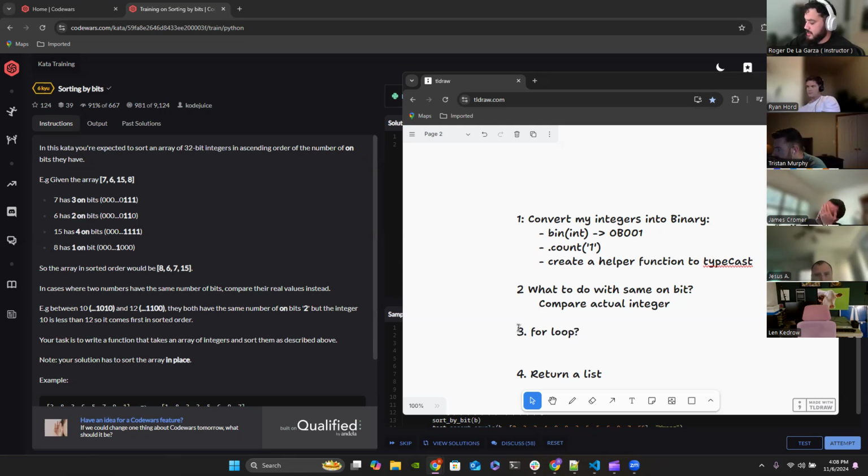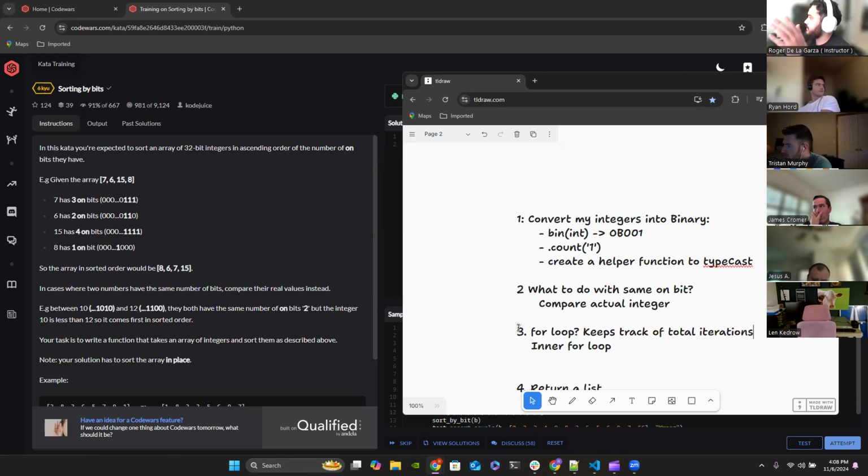A for loop that probably has some kind of inner for loop, where the outer for loop keeps track of total iterations, from start to finish until the entire iteration is complete. And the inner for loop will be to compare my values